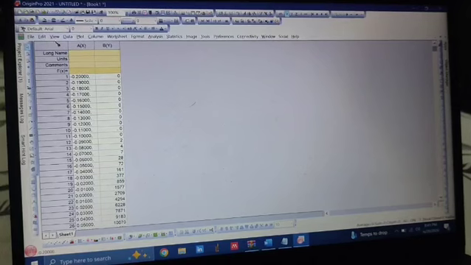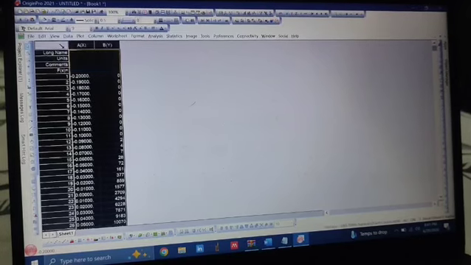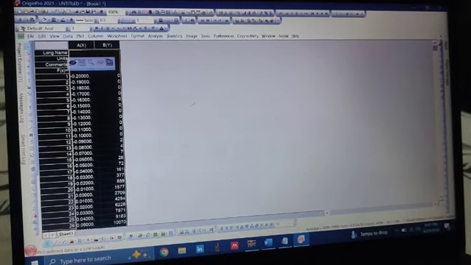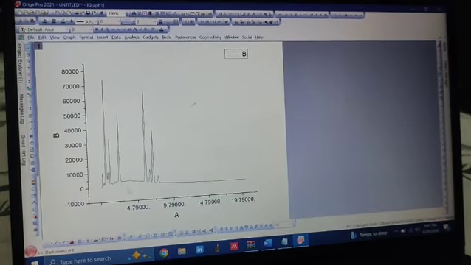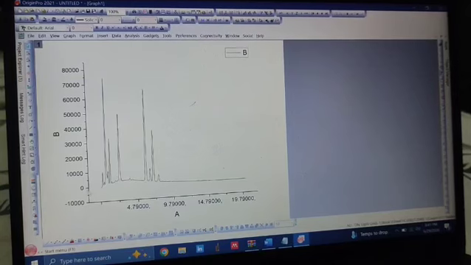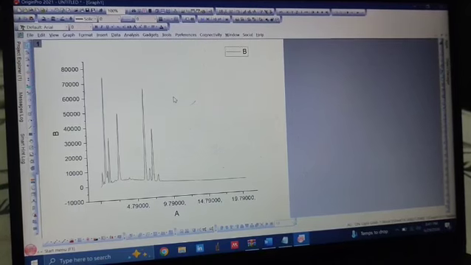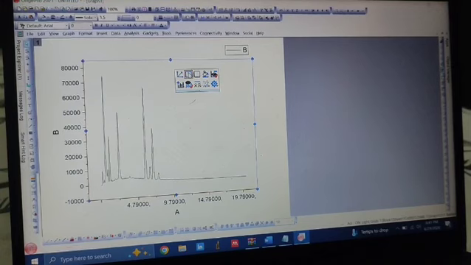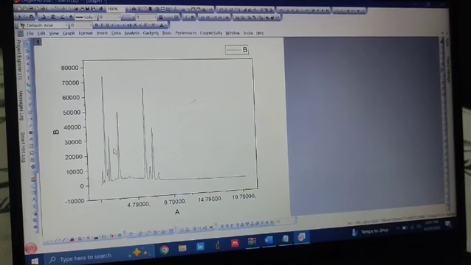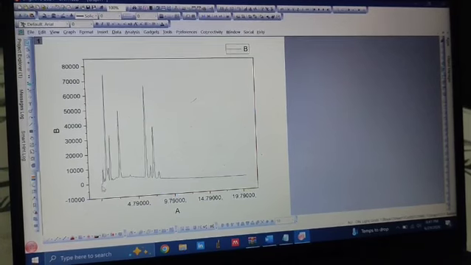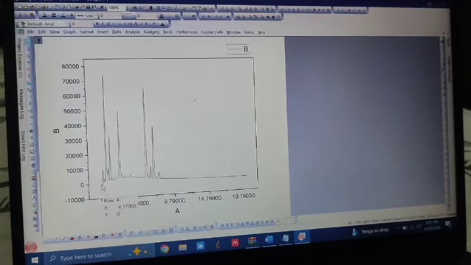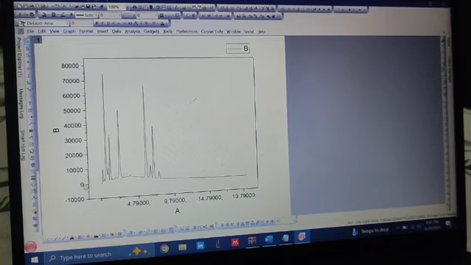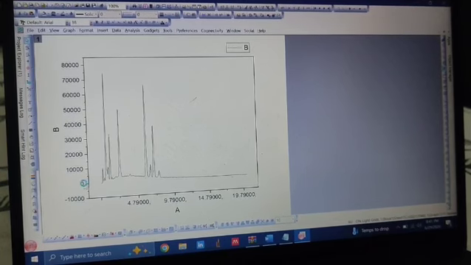Now select all the columns, go to the line plot. Your EDX graph will now be displayed. You will notice that the graph looks compressed. Let's first fix that. As you can see, my y-axis starts from 0 and the x-axis also almost starts from 0. So double click on the y-axis,